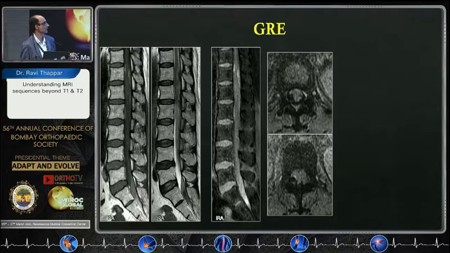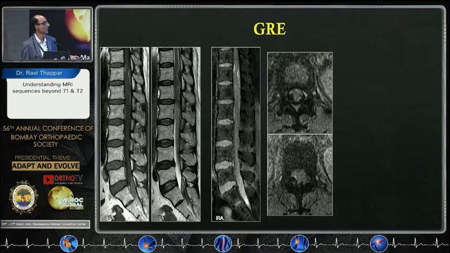Now again look at this case. There are some bright areas here on the T1. They are dark on T2, they look to be intradural extramedullary, and this is the T1 fat sat sequence. What happens? Those areas remain bright. That means they are not getting suppressed like the normal fat, so that means they are not fat,